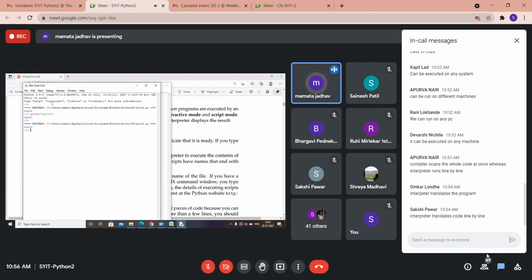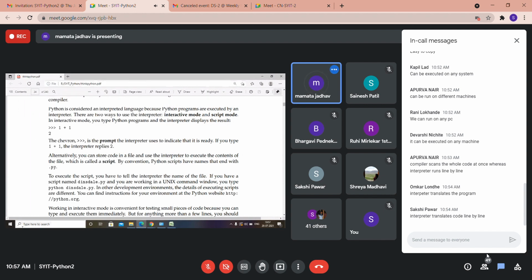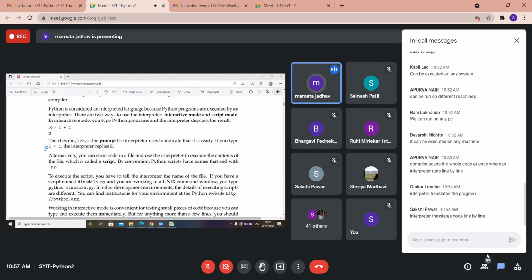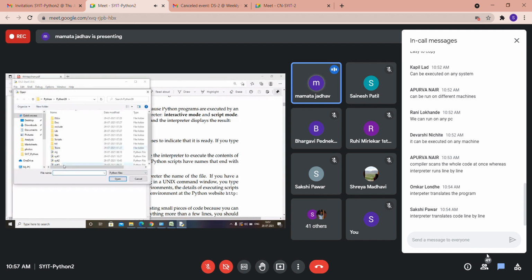The programs written in interactive mode will disappear as soon as I close this. Even if I close and restart, I will not be able to fetch data from interactive mode, but I can open the file which has already been saved with the name syit.py.